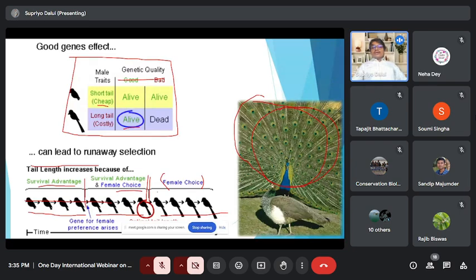So this kind of trait will not be selected in nature, but a particular trait which has a prominent tail length and a particular choice by females will be fixed in nature, so that this kind of male can pass on their genes to the next generation. So I believe all of you have understood these five concepts of Hardy-Weinberg theory, how Hardy-Weinberg theory works,